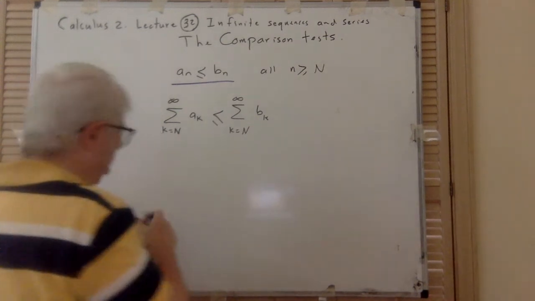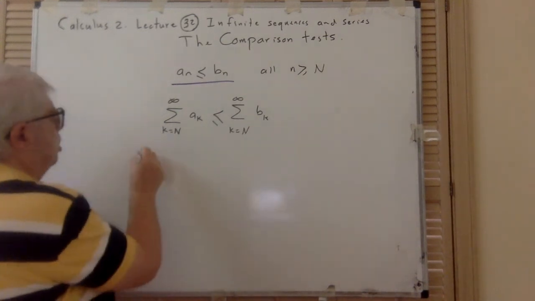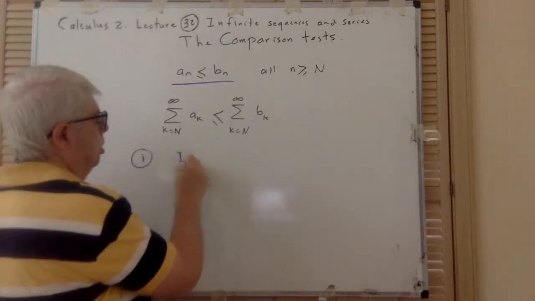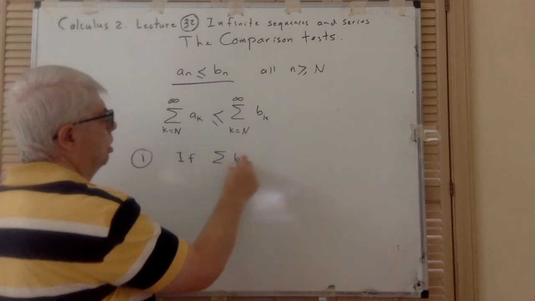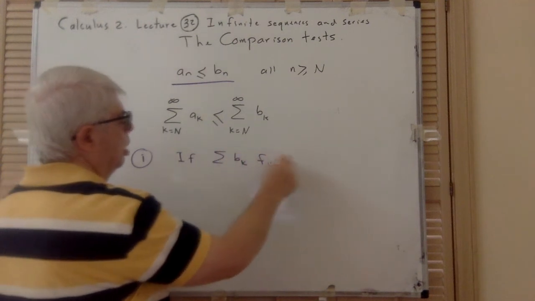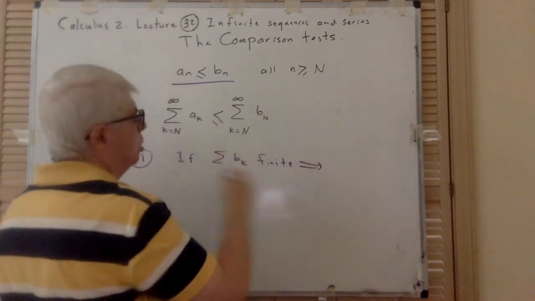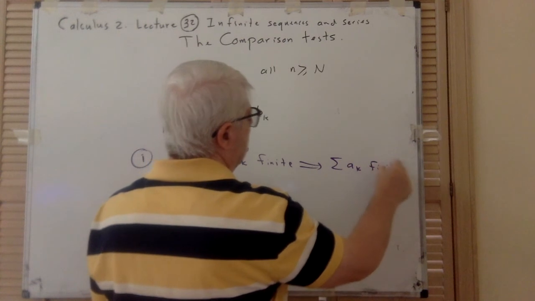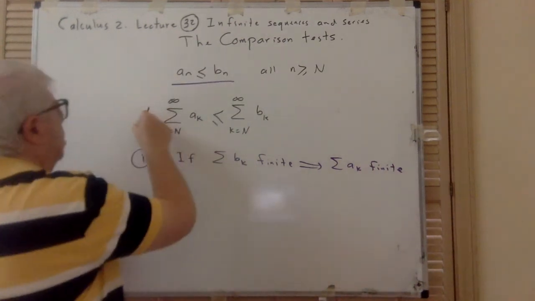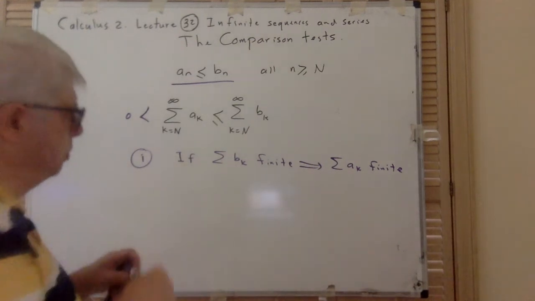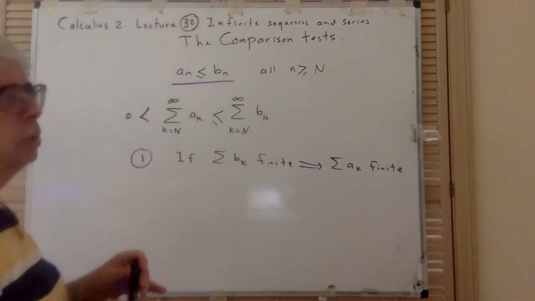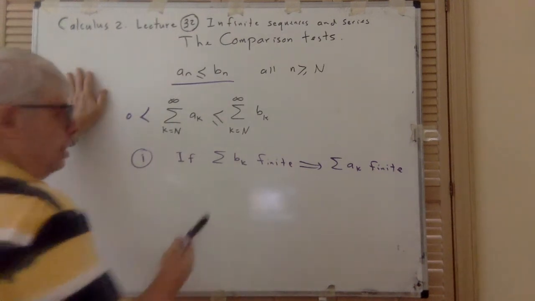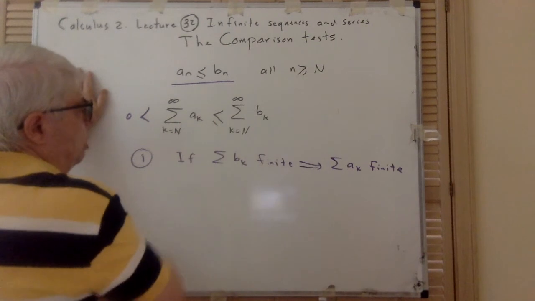Now, part I is saying this: if this is finite, then this is finite. Now, why does it happen? You see, when it's positive, finite means that it has some limit, right? It has a limit. Again, we go back to